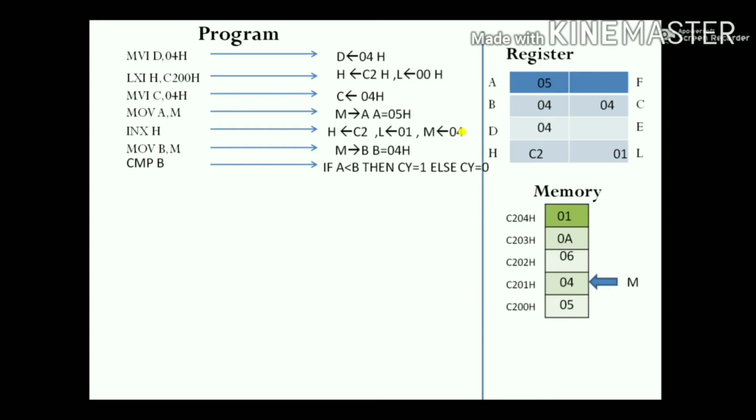So here we are going to check whether the data of the accumulator is less or not. If it is less, it means the carry flag is set, and if the carry flag is set, then we don't have to change the position. It will remain as it is. And if the carry flag is 0, not set, then we need to change the position. Why? Because we are going to arrange the data in ascending order. So first we will check whether the carry flag is generated or not.